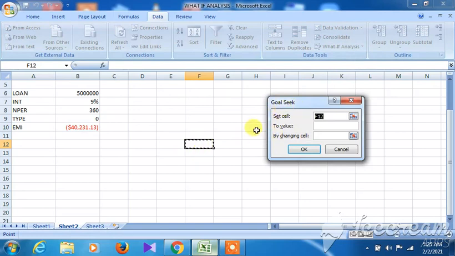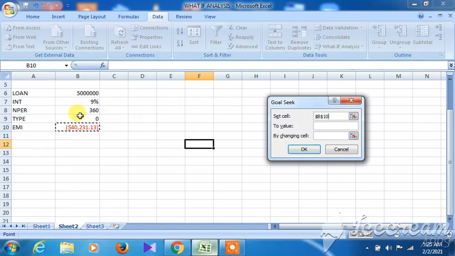When you press Goal Seek, you see out here some values. It is showing us where the cursor is, but we will not go for that. We have to go to the cell where a formula has already been given. So this formula has been given over here already. Now say we are taking a loan of 50 lakhs at the rate of 9% interest, and NPER is 360. NPER means how many terms you have to complete to repay the loan of 50 lakhs that you have taken. You will pay it back to the bank.